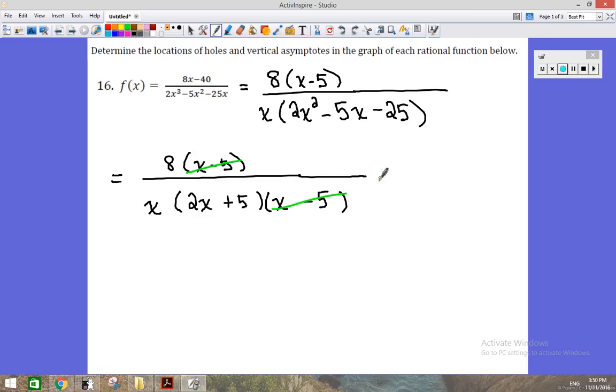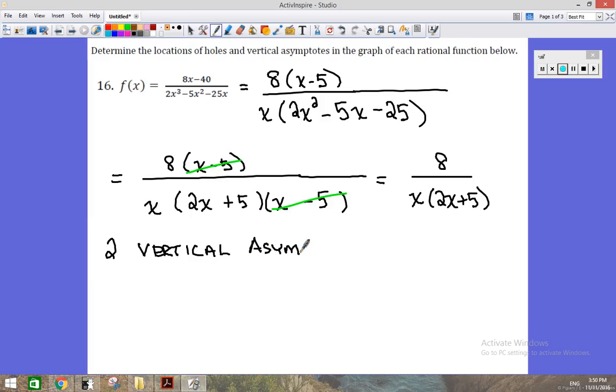rational function, provided that x is not equal to 5, is this. So I have two vertical asymptotes. The vertical asymptotes, you set the remaining factors after you've written it in lowest terms equal to 0 and solve. So this gives me the line x equals 0 for this factor of x,